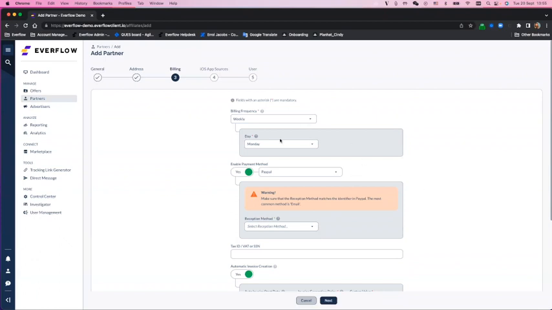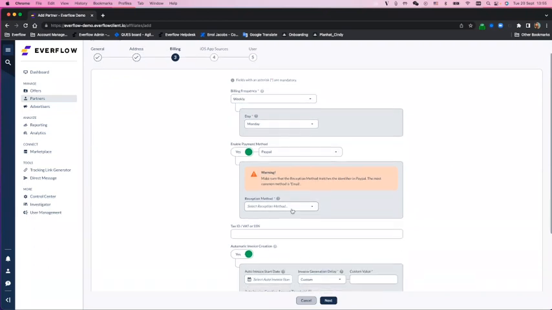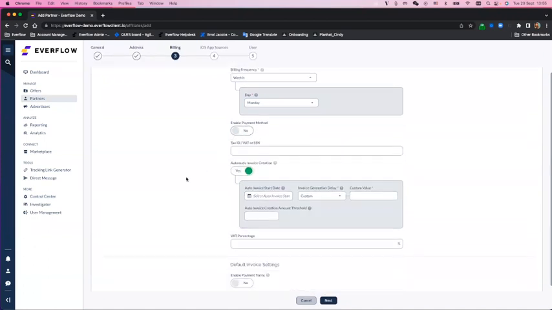Those are all the fields that you can define by yourself. We have other ways to generate invoices or other payment methods that you can select as well. And then I will disable the payment method for now. And you can define an